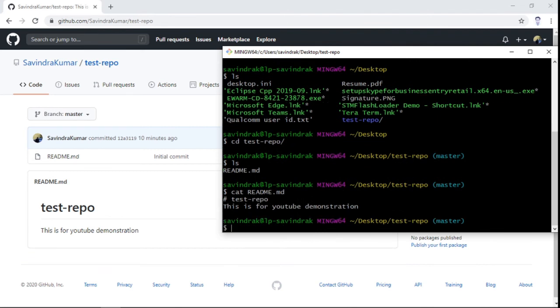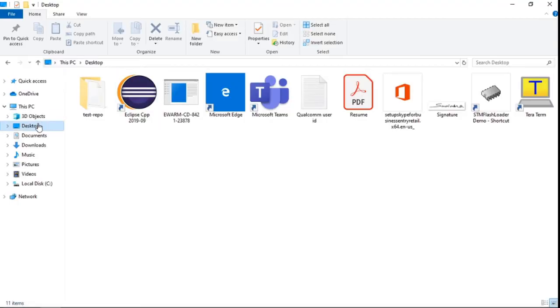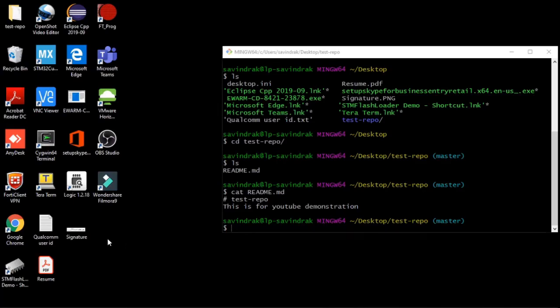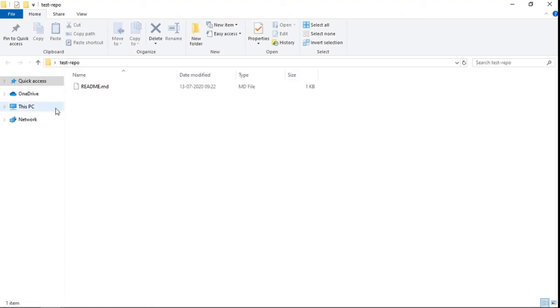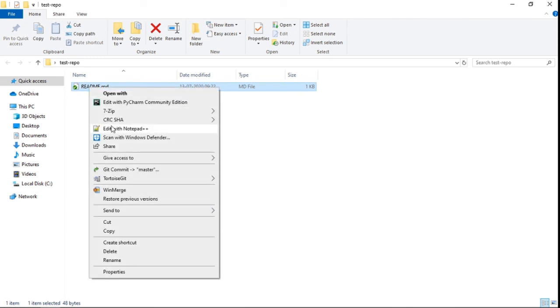So this is the readme.md file content. If I go to desktop, I see a folder test repository, test repo, and this is the readme file.